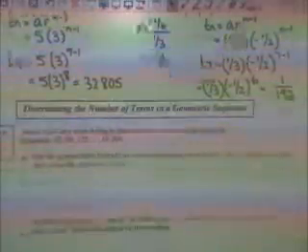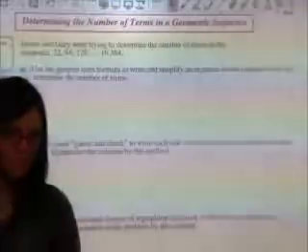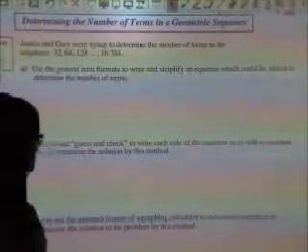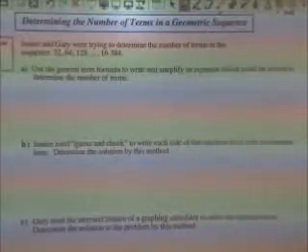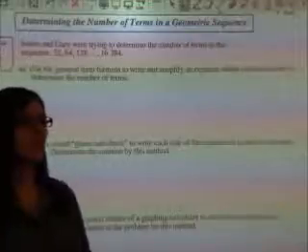So what we're going to look at in the next example is trying to determine the number of terms in a sequence. And there's a couple of ways that we can do that. So Janice and Gary are trying to determine how many terms there are in the sequence that starts at 32, goes to 64, goes to 128, and then goes all the way up to 16,384 without having to write them all out. Okay? Because really that could be one strategy, is you could just keep filling it in and writing it all out. So if I use the general term, t of n